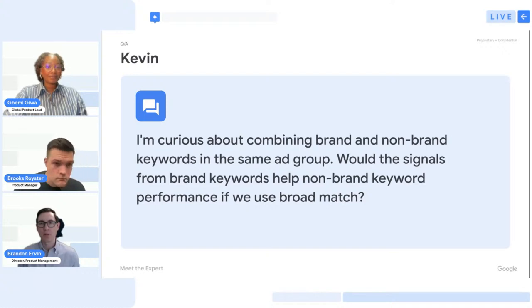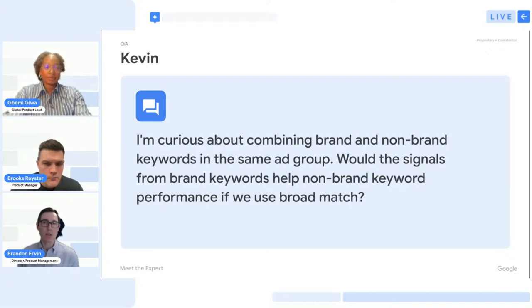Yeah, we did touch on it before, but I'll just reiterate again. I think it sort of depends on your objective. If you want to separate brand and generic, have different messages or different budgets, those really should be in separate campaigns and ad groups, so you have that level of control. But if your goal is really just to maximize value on a given set of keywords, then they can be combined in the same ad group.